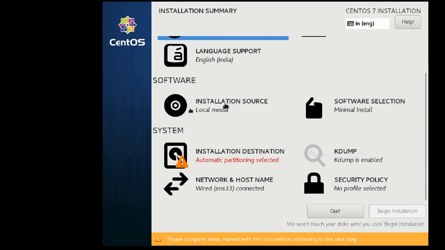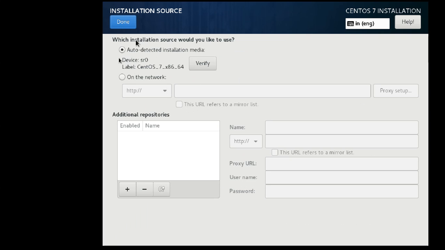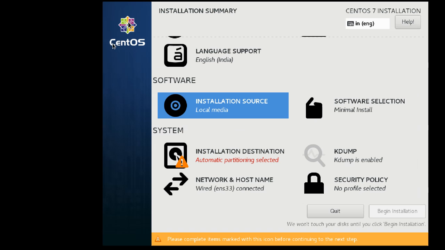Installation source: from where you are installing, you are using this DVD type. If you want to verify, you can click on verify. If you have any additional repositories, you can add them. If you want to install from the network, you can select the network, but this is there already, so no need to change anything. Done. Next,